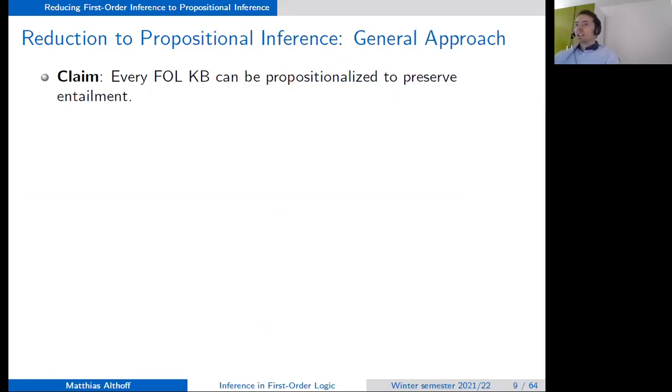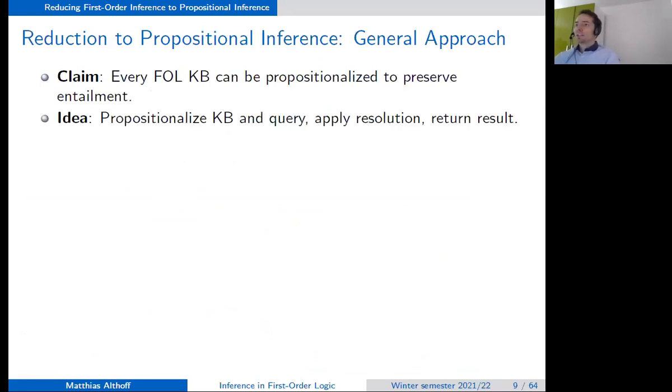Okay. So now we claim that every first order logic knowledge base can be propositionalized to preserve entailment. The idea is, as I've shown to you already, we propositionalize the knowledge base, and then we use the inference rules that we already know from propositional logic. For instance, we could apply resolution and then obtain the result.